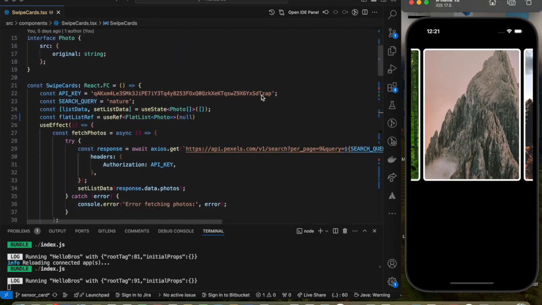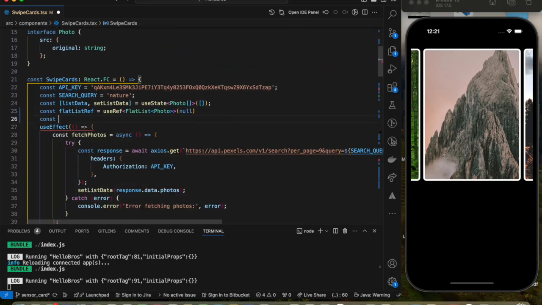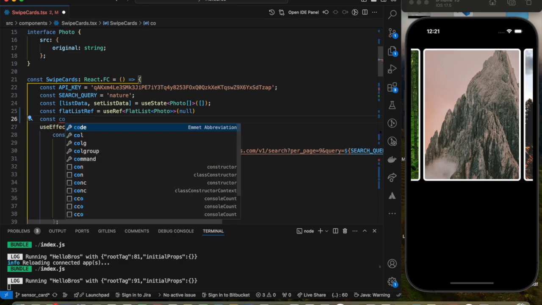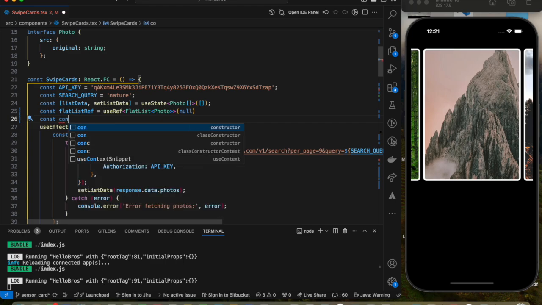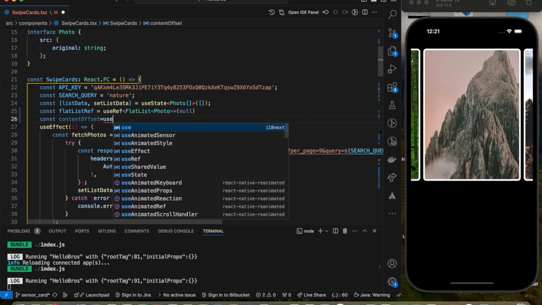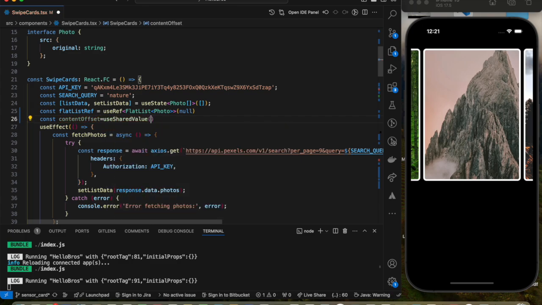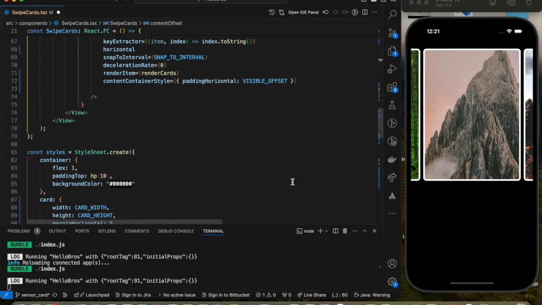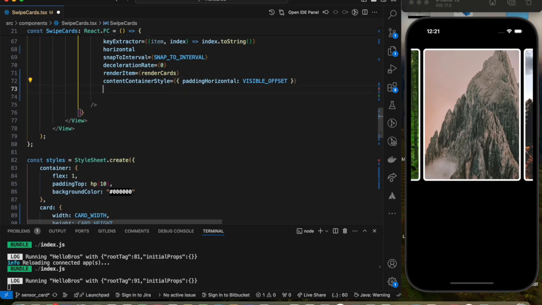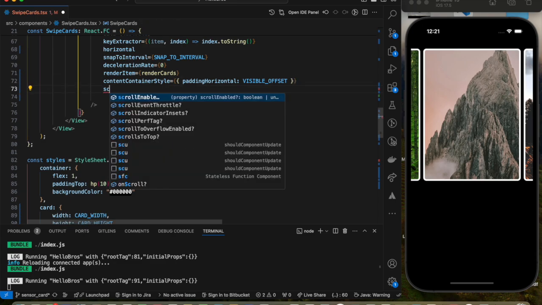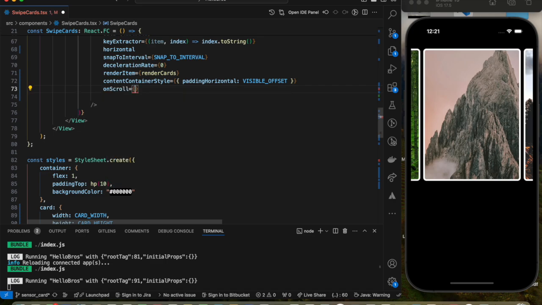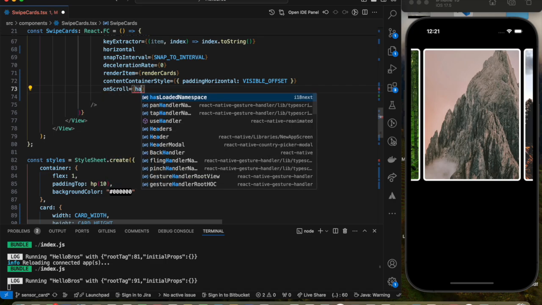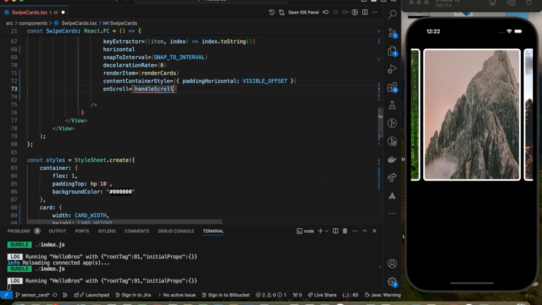So for that we have to create the animation. So let's take the animated value. For that we will name it contentOffset and use shared value to be 0 initially. And how will we update this value inside the scroll? So on scroll, what we will do, we will call the handleScroll function here,